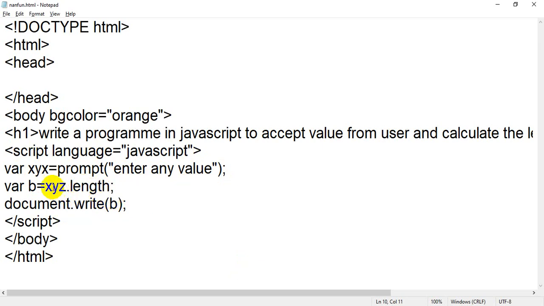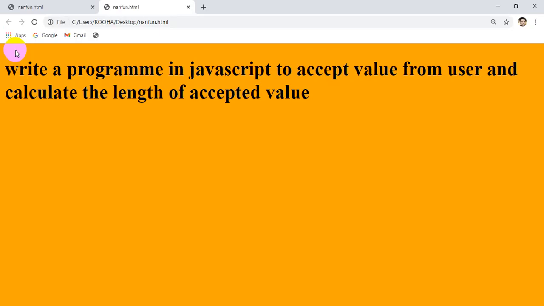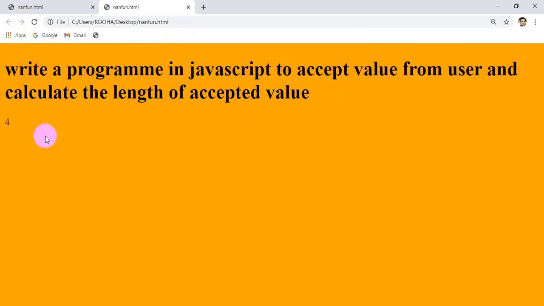Oh sorry, here I have written xyx; instead of that you have to write xyz and save it. Flip back to your browser, now you will get a prompt box, enter some value. For example, I am writing kms, so kms is of 4, you will get 4.